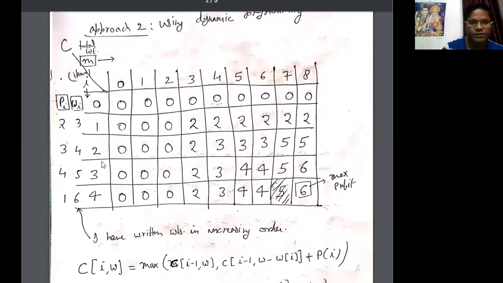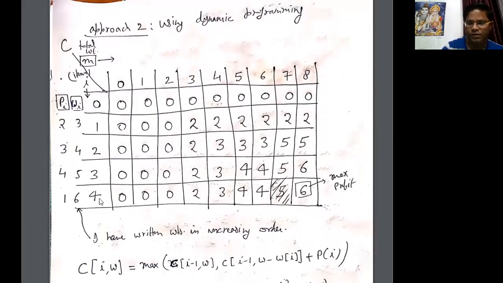So this is our matrix. In the horizontal direction, we are taking the knapsack capacity, denoted by the symbol M, that is the total weight, and in the vertical direction, we are taking the list of items denoted by the symbol i, where i varies from 0 to 4 since we have a total of 4 items given in the problem. And we are also writing the profit and weight associated with each item.